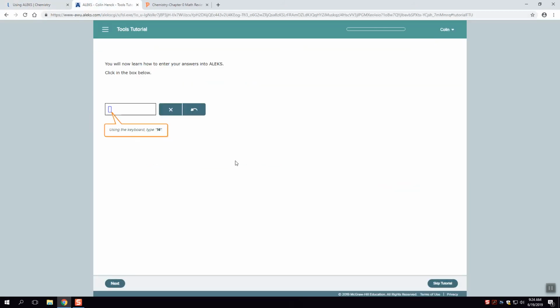So the very first thing you're going to do in ALEX is a tutorial that essentially shows you how to type numbers and letters and whatever into ALEX, and its formatting conditions and all of this kind of stuff. If you don't really want to do that, you can skip it, but I don't recommend skipping it. It doesn't take very long, and you pick up a few things that you may need to know. The next thing you're going to do in ALEX is take an assessment, which is going to ask you questions about what you know about chemistry right now, or about the mathematical stuff and this kind of thing.